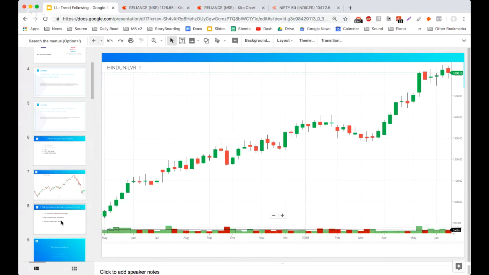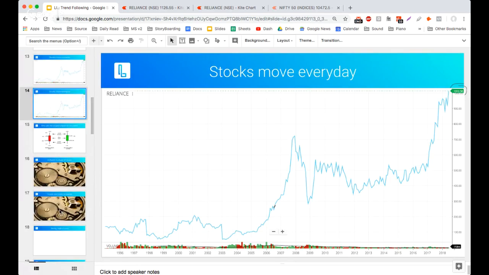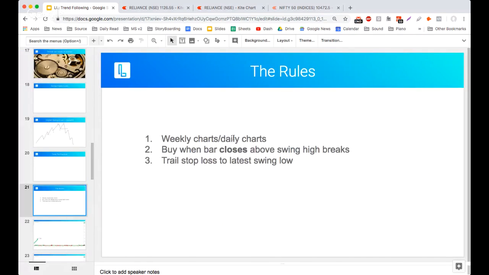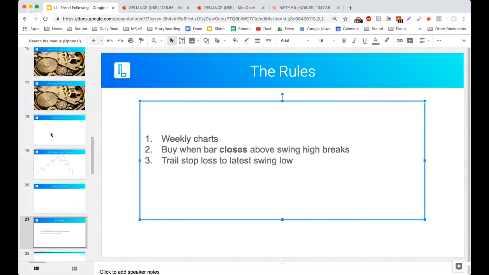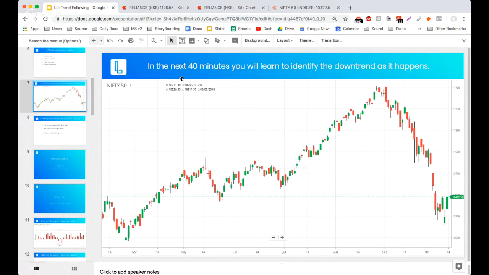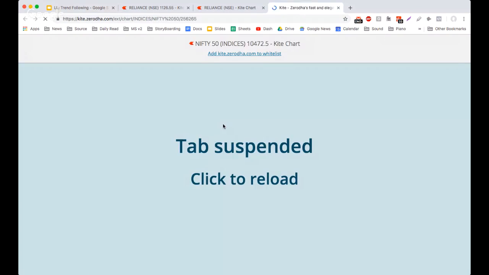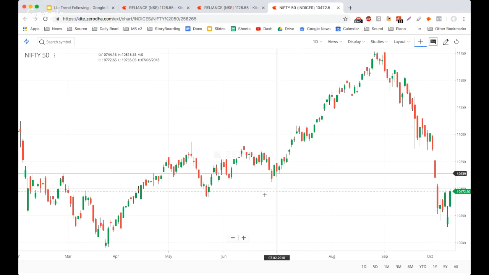Now, one tip I wanted to give you before you actually went out and tested this. Okay, do this on the weekly charts. Let me show you how this works on the weekly charts. And remember, I told you by the end of this class, you'll be able to tell where Nifty reversed. Remember? Nifty ka reversal bataya tha. So let me open now the weekly or daily charts of Nifty.